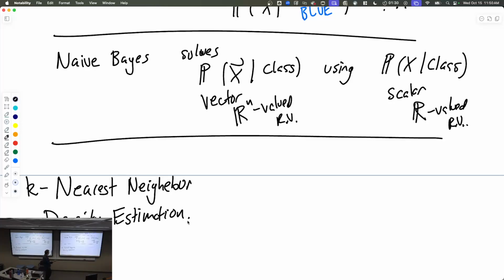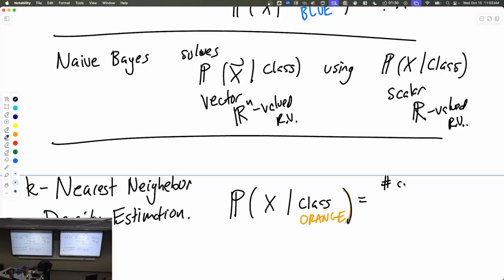Right, so before we had nearest neighbor classification and nearest neighbor regression, where you average the values of the people around you. And we had nearest neighbor classification, which is just which class are you in. But we can also estimate the probability, or the probability density. So the probability of x given some class, let's say the orange class, you could write it like this: the number of neighbors that are orange,